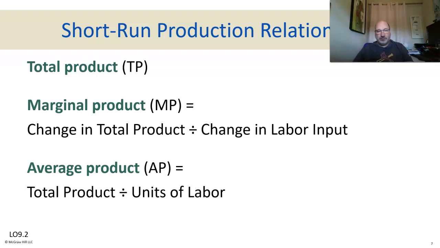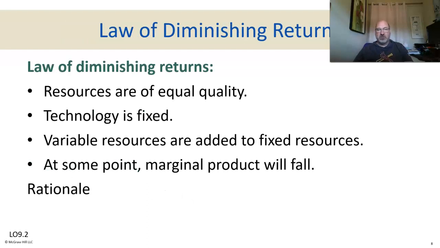Marginal product, change in the total product divided by the change in the labor input. So if I hire more workers, how much more do those workers produce? I hire one more worker. How much more product do I produce with that one additional worker? And that is that worker's productivity, basically. And don't get too attached, because when we get to chapter 17, I may fire that worker. And so this will lead us to what we call marginal revenue product. And so average product is the total product divided by the units of labor, which will get us to our